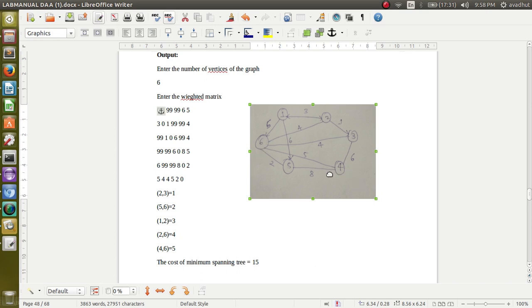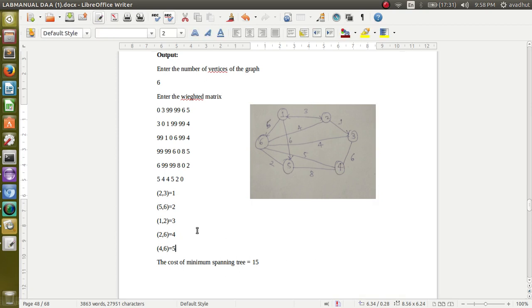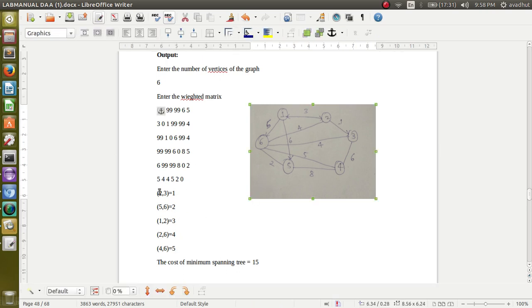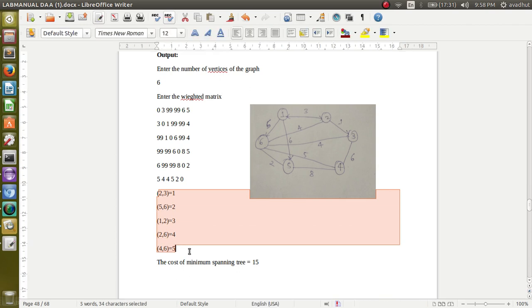So it remains a connected graph here. Once it remains a connected graph, it is the minimum spanning tree for the current values which are given as the input for the corresponding graph. If you want, you can draw this graph also in the output. If the external asks you to draw the minimum cost spanning tree you have got, include only these edges which I have selected here.